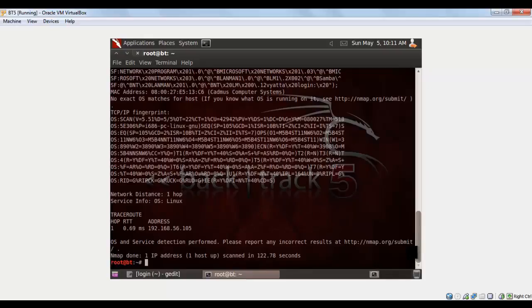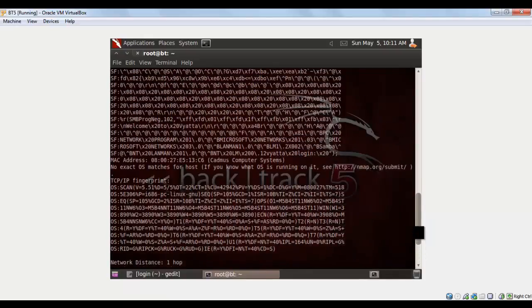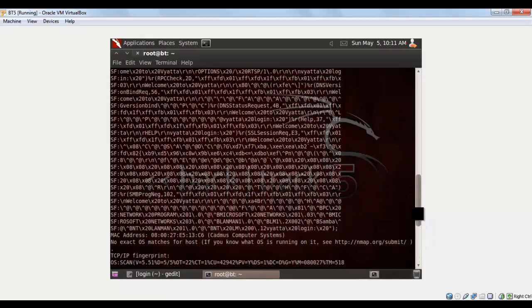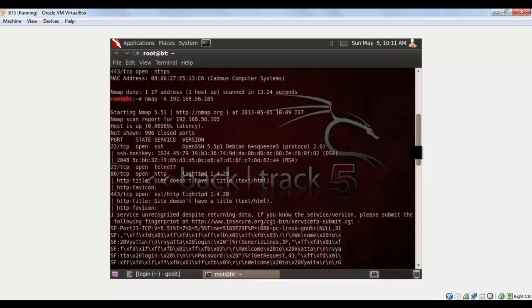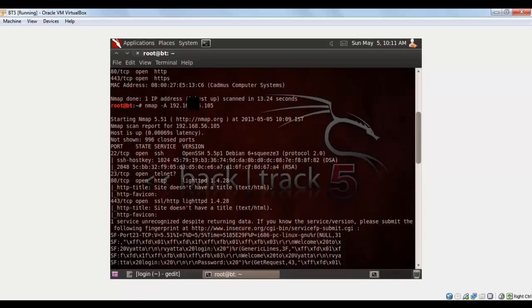Finally we got it. Let us scroll up, and great, this is where we ran our command, and you can see the scan report over here. Host is up, 996 closed ports, port 22 TCP is open, running SSH secure shell,